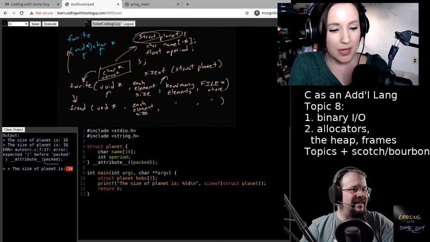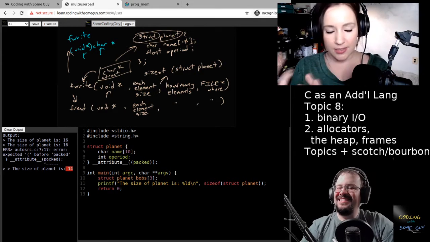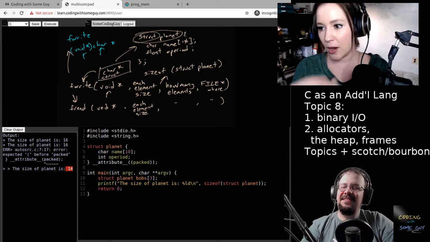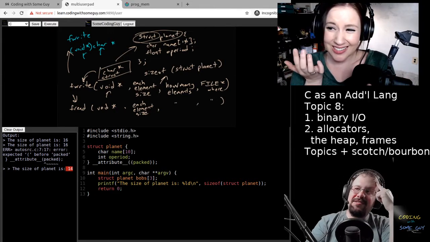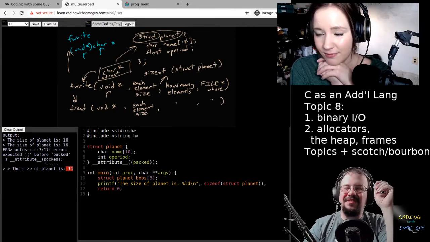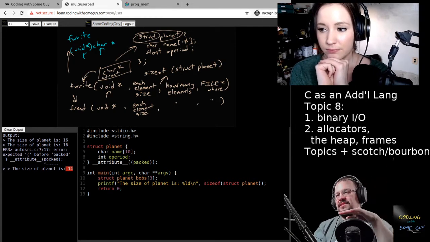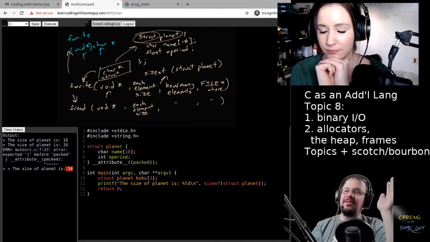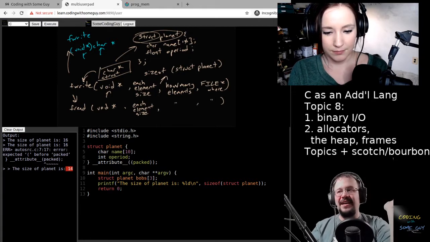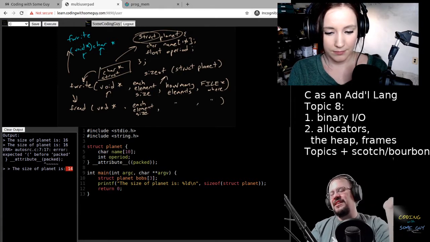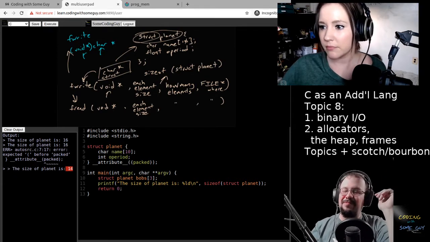To get back to this, we were talking about the attribute packed, which helps get rid of the padding. The reason it's 16, not 14, is because there was padding to help it align better for speed. This is one of those leaky details of the compiler, because C has no real opinion on this. C was trying to be portable to all architectures, so they didn't want to get into what the chip designers were going to do. You could make up your own C compiler and align this however you want. You could have a C compiler that never pads if you want. You'll have to implement it.